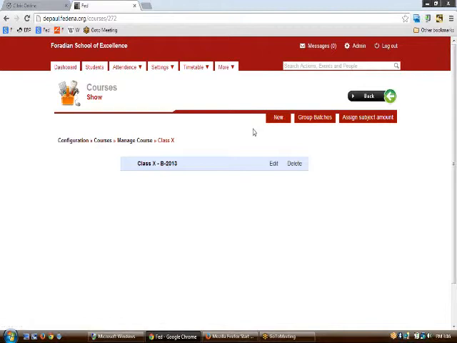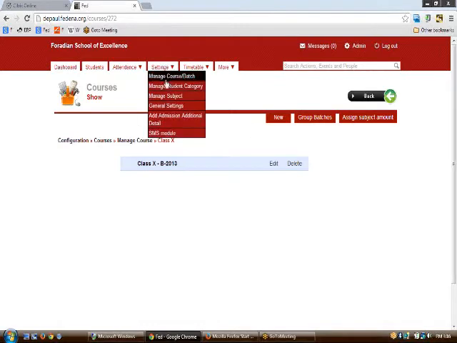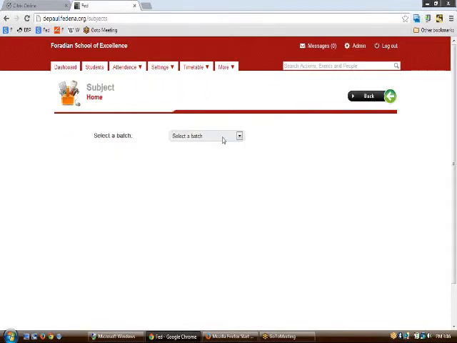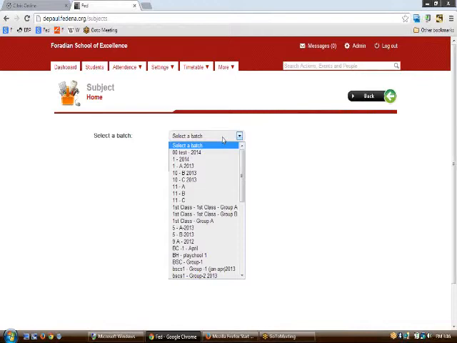Moreover, if you want to create new subjects for this particular batch, you can also do so. To do so, you just need to go to manage subject from the settings part. Clicking on manage subjects would give you a page where you have to select your institution, your course, sorry.